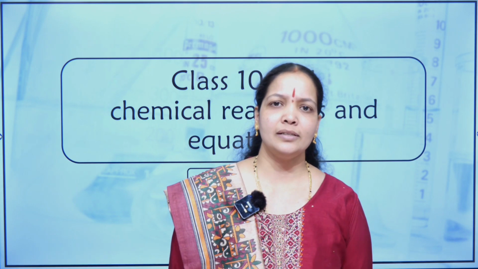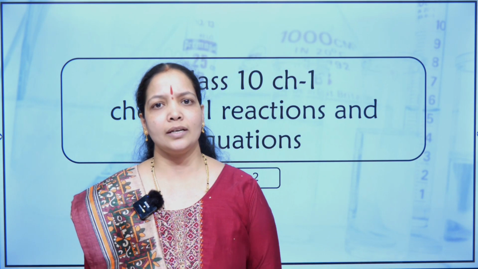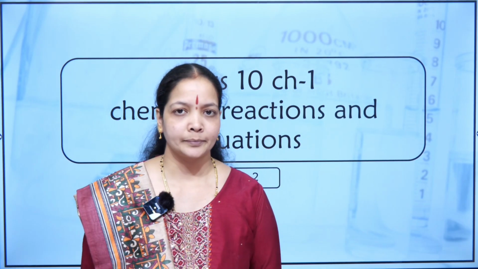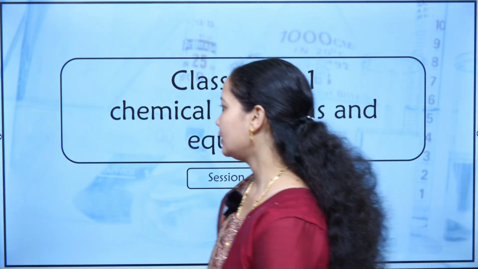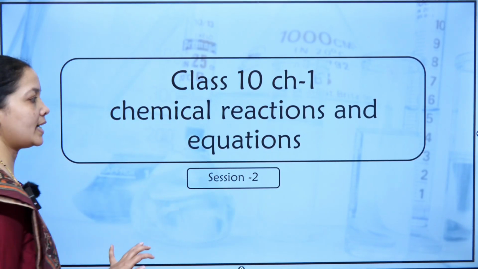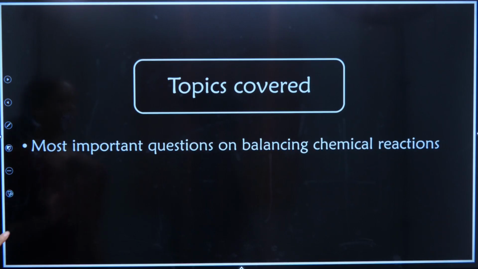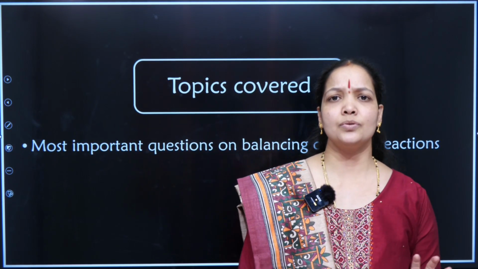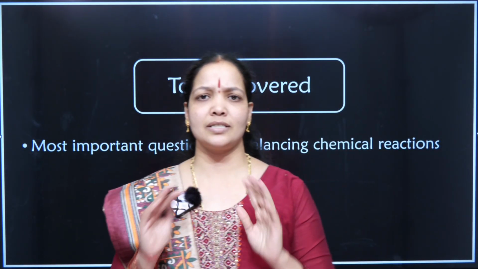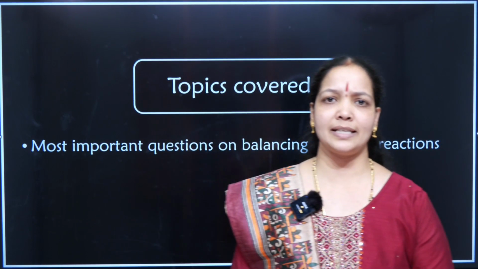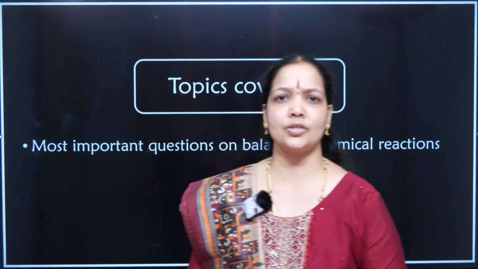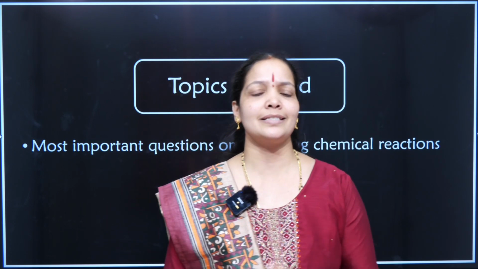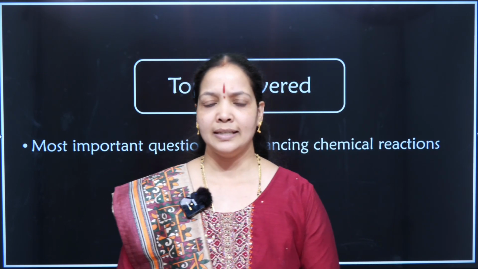When we balance a chemical reaction, particular elements are changing on which we have to focus, we have to just analyze it. So to start with, the second part of chemical reactions and equations, and the content is completely based on balancing. Any student who is feeling balancing is tough, after viewing this complete session of balancing, you will say balancing is damn easy. It is the easiest chapter, easiest concept of the whole syllabus.